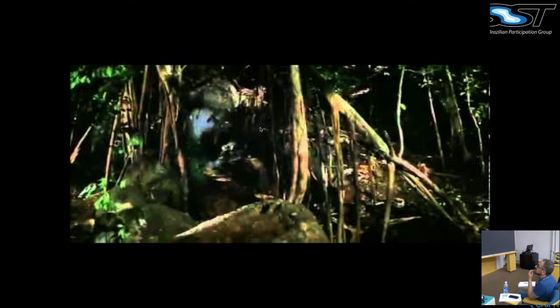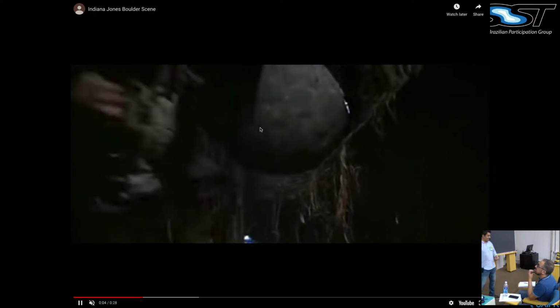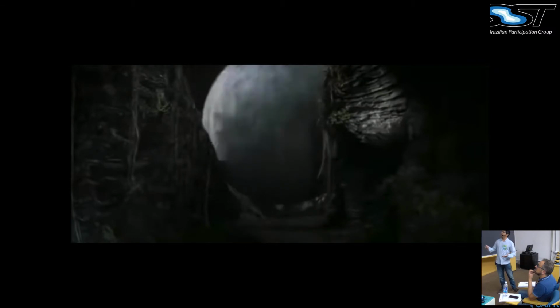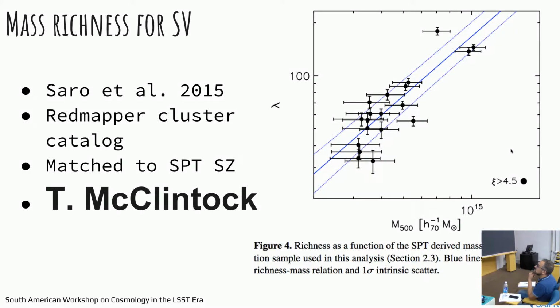Well, it ends in trouble with a big ball rolling over himself, right? Over him. Because just like for Indiana, it's hard to measure the mass of this cluster, right? Yeah, he didn't measure it, right? Beware, son, you might get in trouble. Right. So